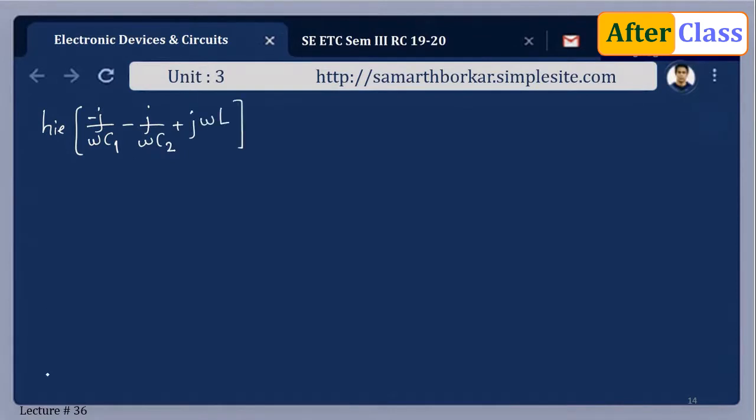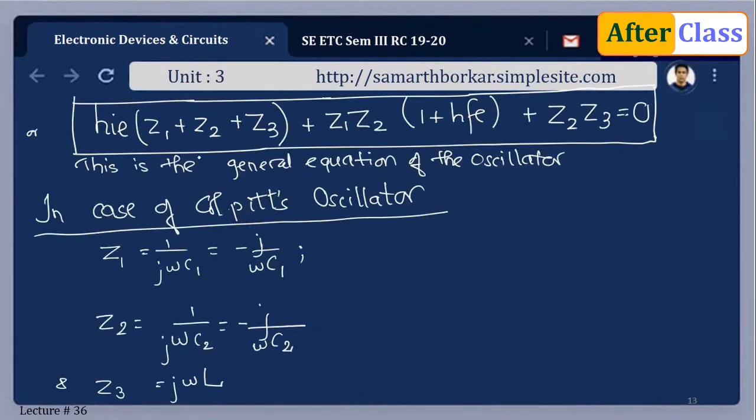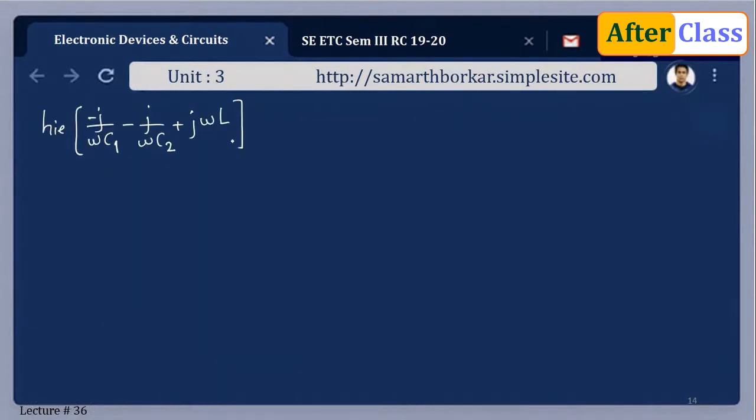How did I get this? The expression says the generalized hie into Z1 plus Z2 plus Z3. So I have to just add up Z1, Z2 and Z3. So once this is done, the second part, plus minus j upon omega C1 and minus j upon omega C2